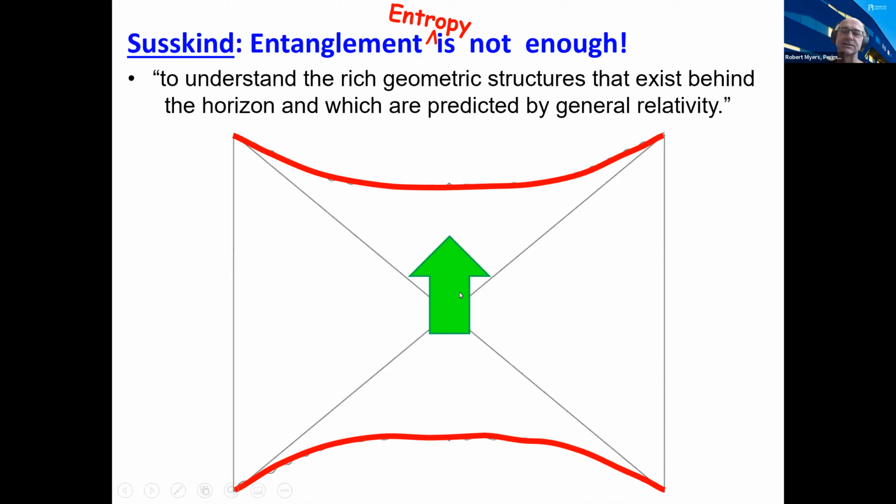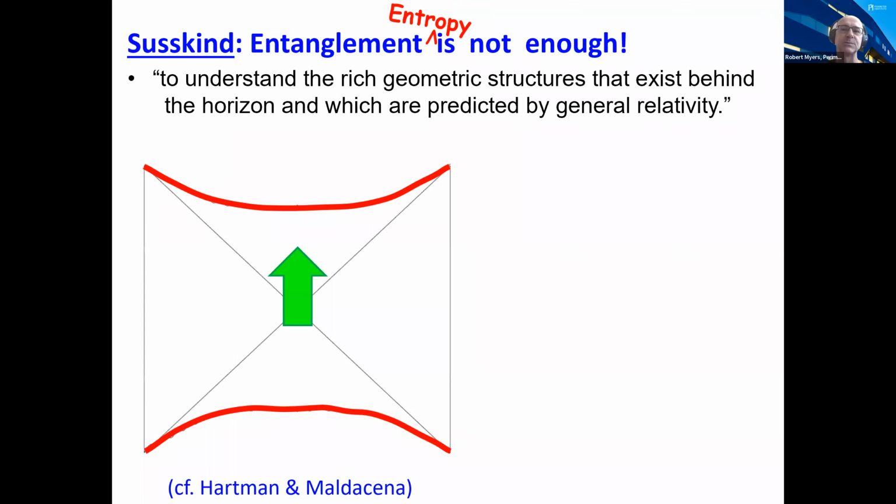And what Lenny's interested in is using some entanglement probes to understand the physics of this region where the green arrow is pointing. And just to illustrate why entanglement entropy is not enough, we can use an experiment